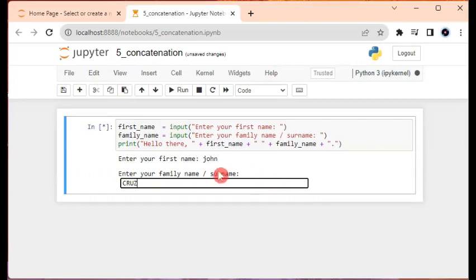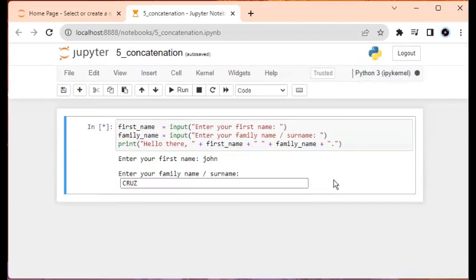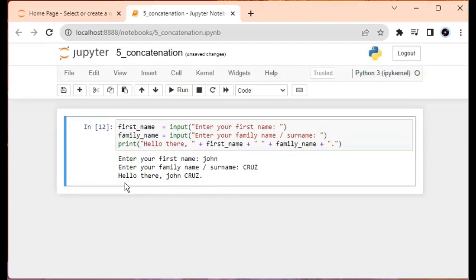You can see the first name he entered in all lowercase characters here, and the surname he entered in all uppercase here. So it will totally mess up the output, isn't it? So this is what happens. Because Python is just doing what you're telling it to do, the name will come out like this, John Cruz, it doesn't look nice, it doesn't look proper, right? So one thing you can do is you can use